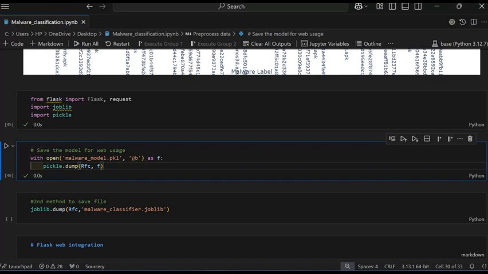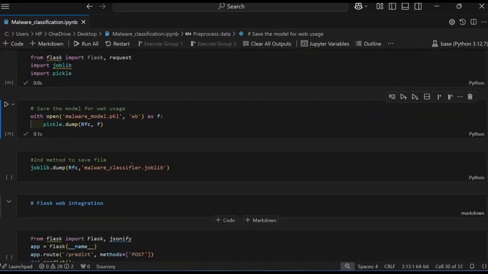Save the file in write binary mode as f, and pickle.dump, and then rfc, the random forest method which I have created, and then the file. It is saved on my desktop, because when we use it in web integration, it works by uploading the file.